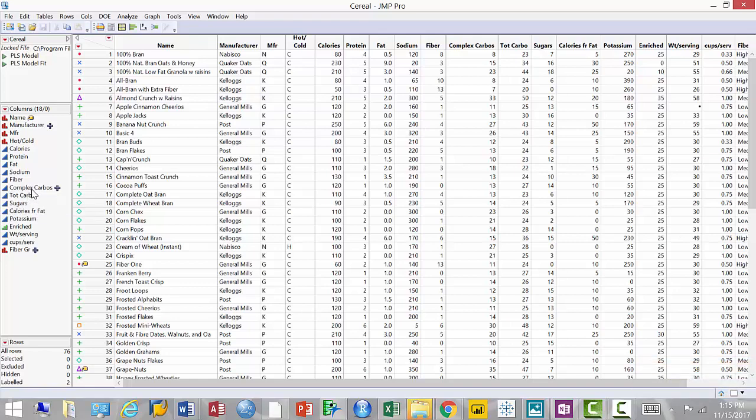Then there are carbs, right? It says carbohydrates, right? Complex carbohydrates and total carbs. And then there are sugars. Then what else? Weight per serving, cups per serving, whatever that means, right? Okay, so let's see if we can find